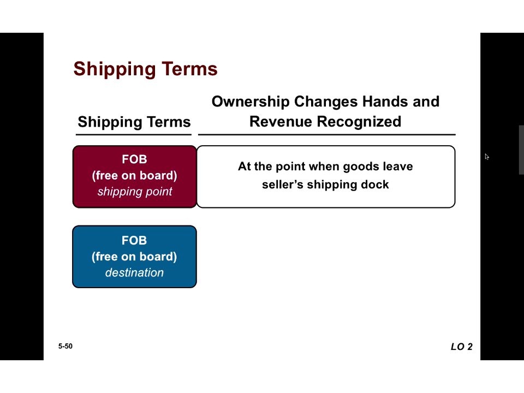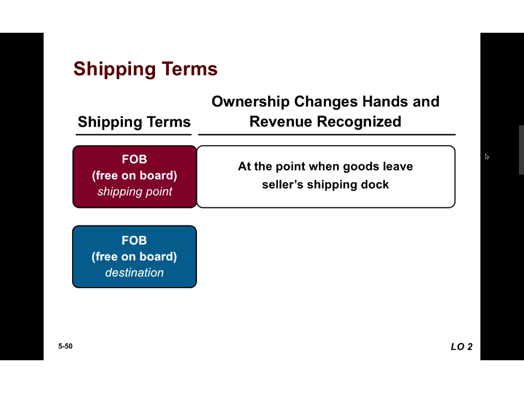When you buy online from Amazon, Amazon is actually selling to you FOB shipping point. They charge your credit card when they ship, and that's what's happening: it's being picked up and you get charged. So Amazon can recognize revenue then. So that's FOB shipping point. If you see questions that ask when we recognize revenue when it's FOB shipping point, it's when the goods leave the shipper's shipping dock.